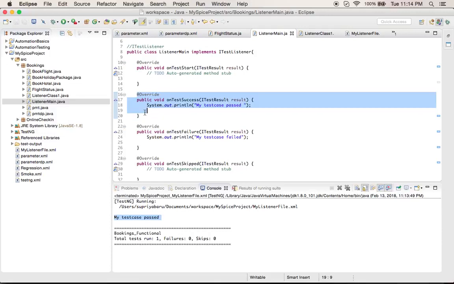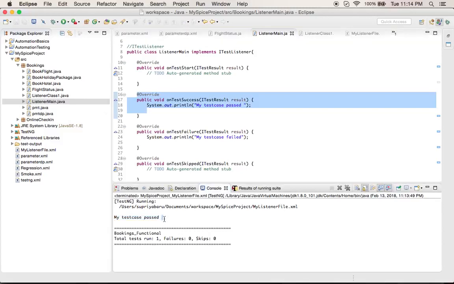So whenever you want some part of the code to be executed for every test case success, you'll come and include it here. Alright, so for understanding purposes, we have written one test case and we have just printed, which is okay. But in real time, when you have hundreds of test cases, if it just says my test case passed, a generic message, this will not serve your purpose, right? So it should be more informative. Looking at the result, you should understand what happened in the background. So for that, we can use something like this.